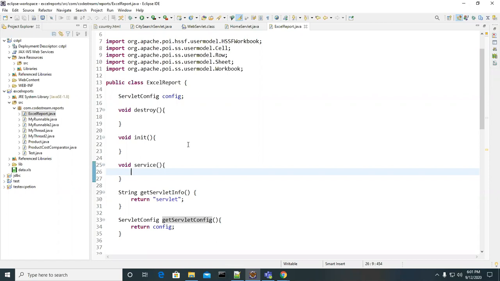Extend servlet, sir. Muni, you are saying something? Yes, sir. Excel report is not, it is a class, sir. No, I provided the servlet's five methods, right? So can we call this a servlet program? No, sir. Then when can we call it? You guys only told me that if you provide and implement all five methods, then we can call it a servlet program. But I provided them, and now you are saying that is not a servlet. Why?